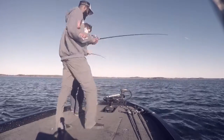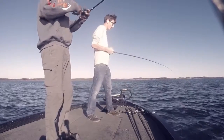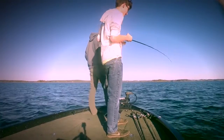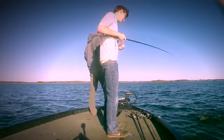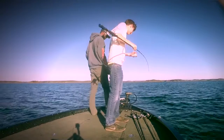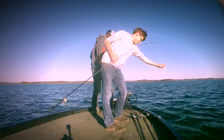I'm really a fan of a lot of the new technology that's come along with side scan and side imaging and all the different panoptics and everything. I think all those things are great, and that's going to be a big part of where fishing goes in the future. But 2D sonar, I think, is always going to be a part of fishing, and striper fishing is a great way for you guys that are normally shallow water fishermen to become better offshore fishermen, number one, because